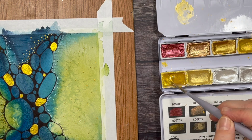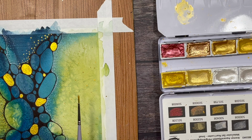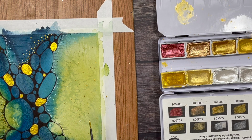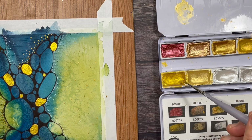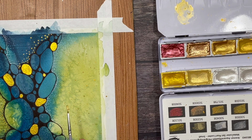Every once in a while, I also like to use my brush to add some little paint splatters on my paper. And it's such an easy thing to do. You just have to make sure that there's a fair amount of water in your paint palette. Then you put some of the paint on your brush and you just tap the brush against your finger and it leaves these little,